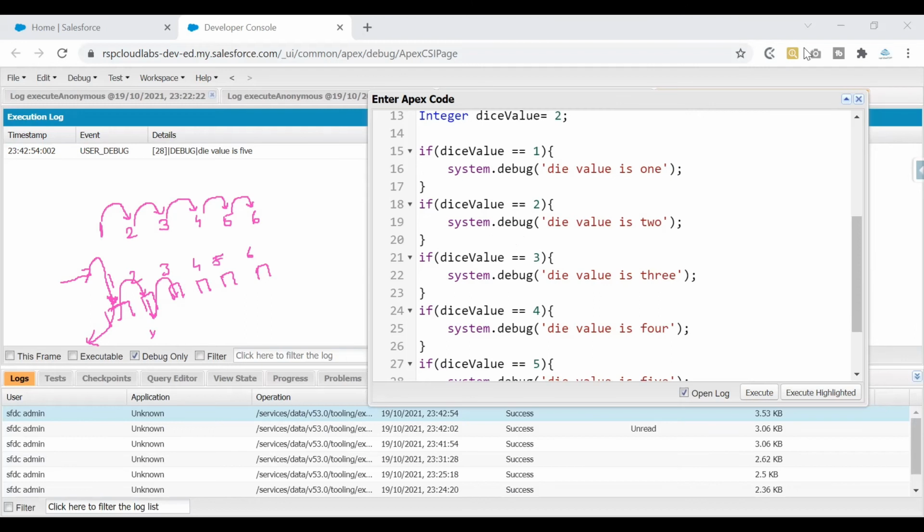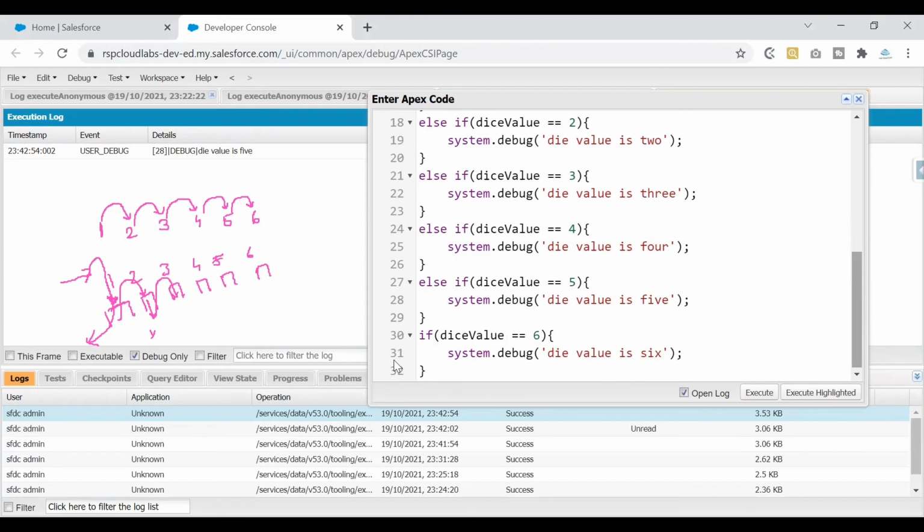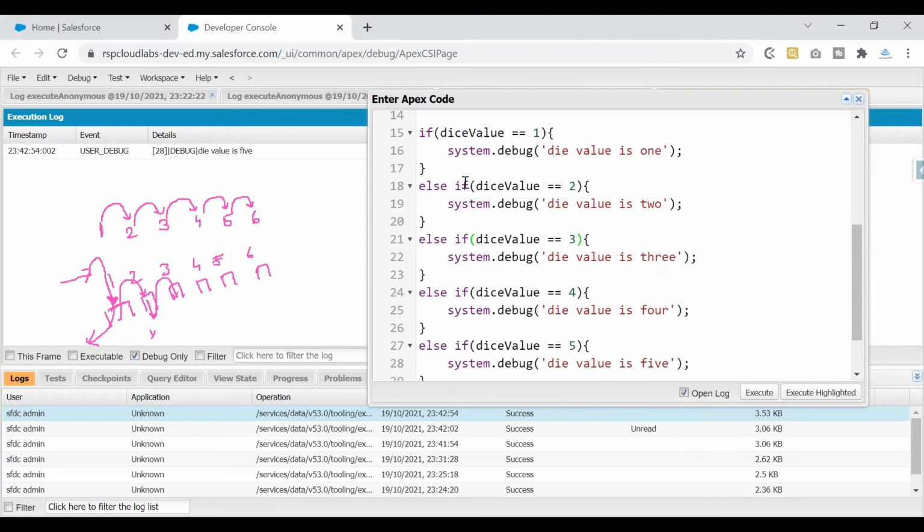If I want to put that same logic into my Apex code, that is where I'll be using else if. So how is this else if different? Is it a new thing that we are learning? The answer is pretty much yes and no. Once I write this code, you tell me in the chat window how easy it is to write your else if logic. I'm writing else and giving a space to the condition that I have. If this is not true, else, then check for a condition. If this is not true, else, check for this condition.